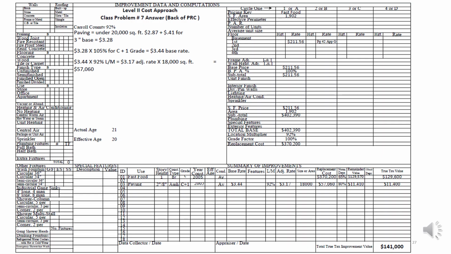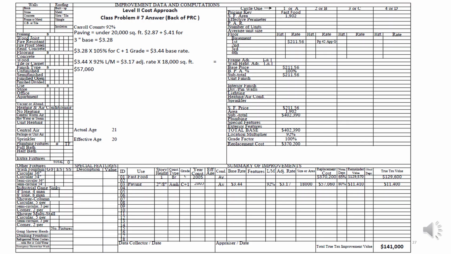There are no other adjustments we need to make, so our base price is also $211.56 along with our subtotal. As we work our way down our pricing ladder, there are no other adjustments that we need to make, so our square foot price is $211.56. We're going to take that times our square foot of 1,902, and that's going to give us a subtotal of 402,390. There's no plumbing, special features, or exterior feature adjustments we need to make, so our total base is